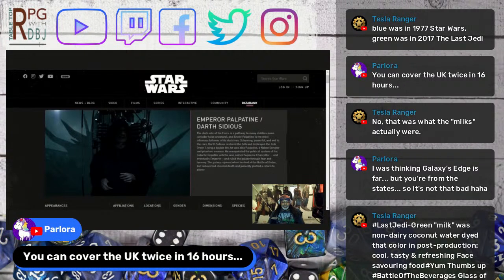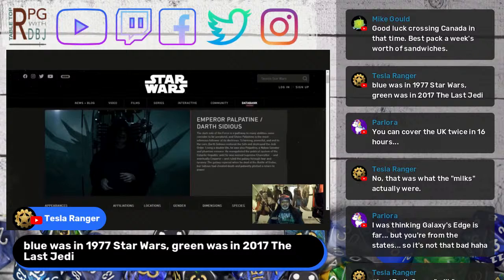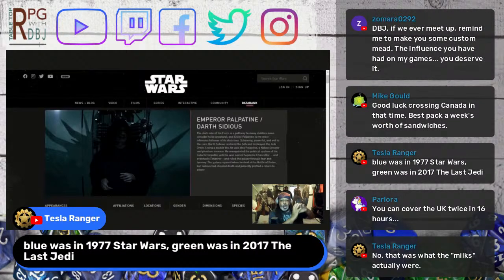Plura is like, you could cover the UK twice in 16 hours. Yeah, the United States is pretty huge. People don't realize that. But yep, blue milk was in the 1977 Star Wars. Green was in the 2017 Last Jedi. Yeah, sure was. Let's not forget that green milk in 2017's The Last Jedi also came out of a substantially large nipple from some kind of aquatic creature. So if you're into that kind of thing,